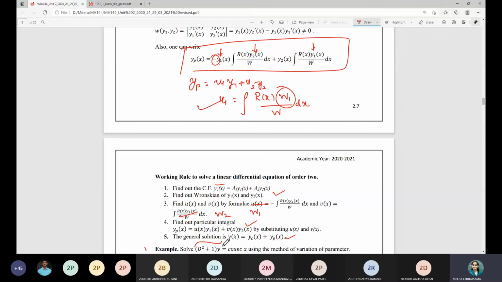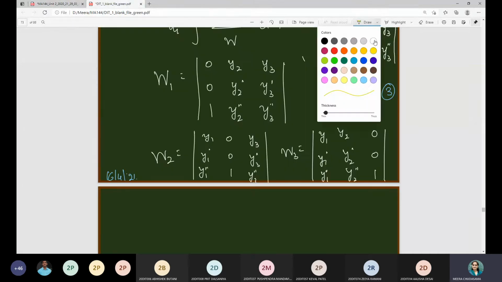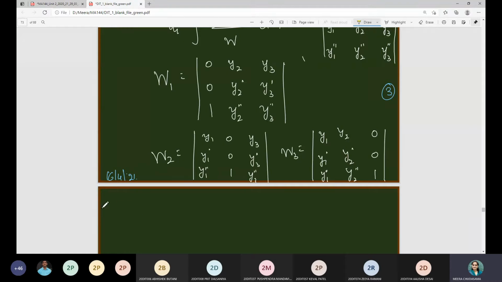First, observing this differential equation, you can see that since the right-hand side is not equal to 0, this is a non-homogeneous differential equation. So its solution will be given by the sum of the complementary function and the particular integral, right? So let us try to solve this example first. Since it is of second order, we have to deal with the second order determinant, right? So I will write it over here.